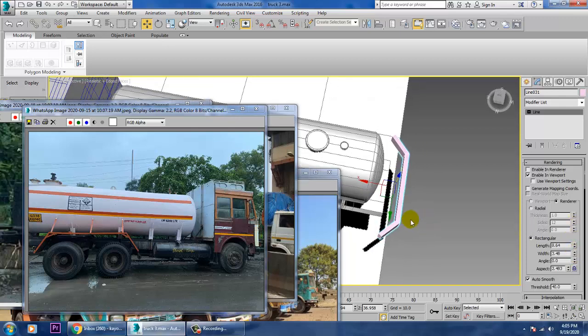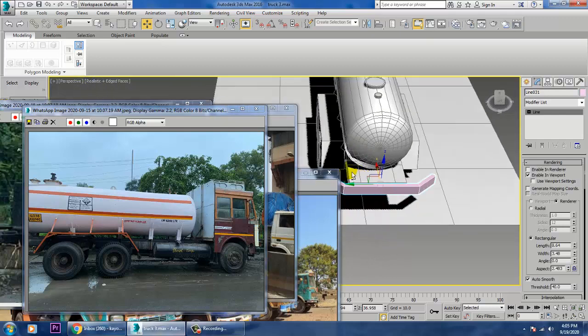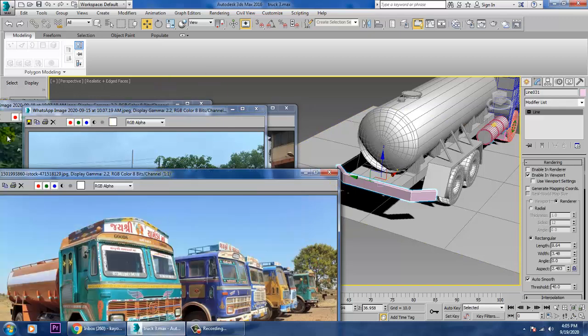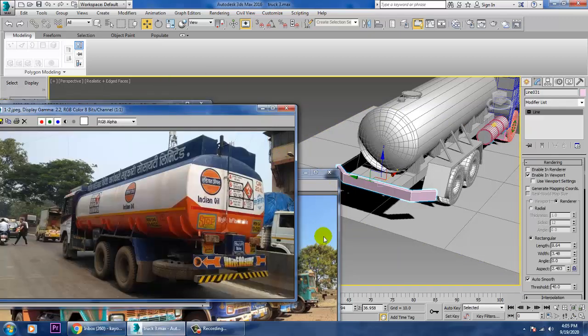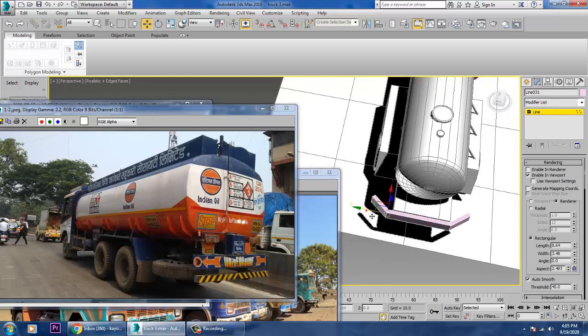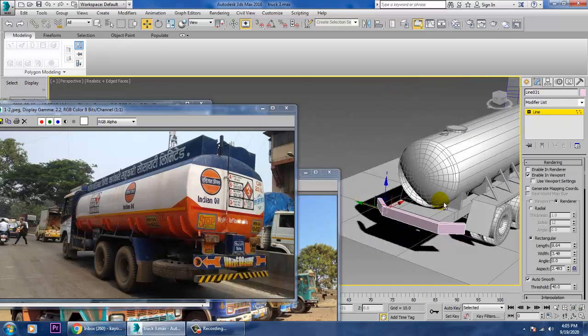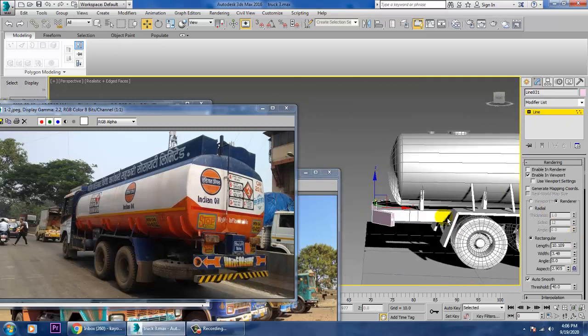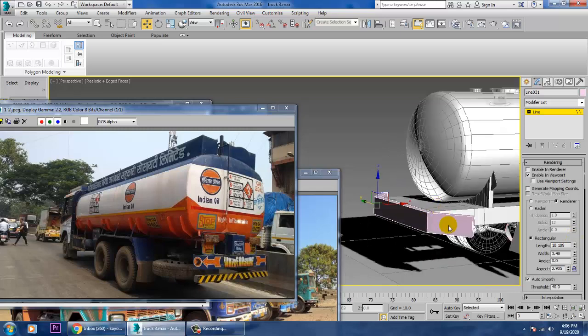I'll be placing this element in this way, not too far. So let's push it a bit over here like this, and after that, you can increase its length as required.